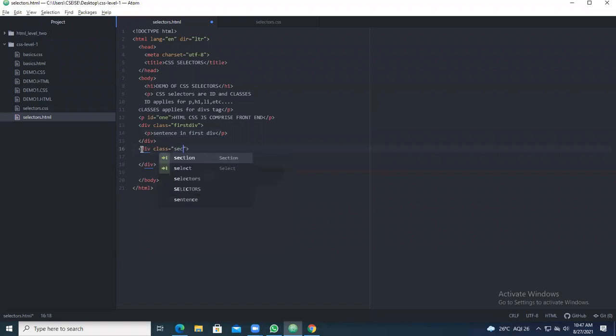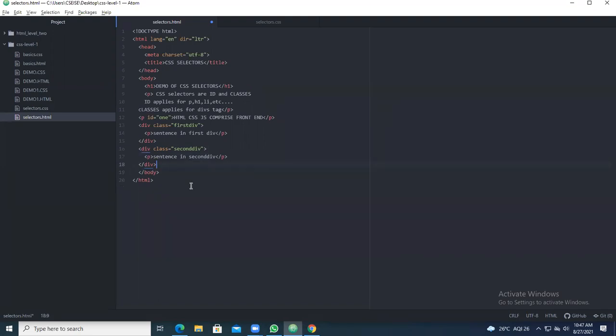For class, you give it second div. For the second div, take a paragraph tag and give the sentence "sentence in second div". Now I've given the statements like this, so I've created with the classes.